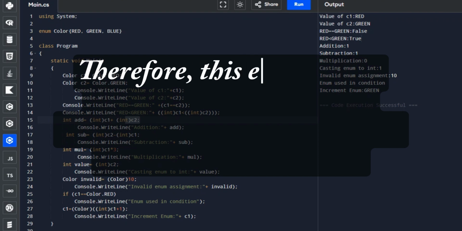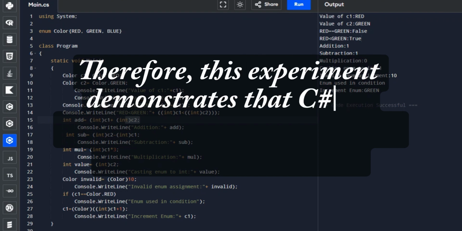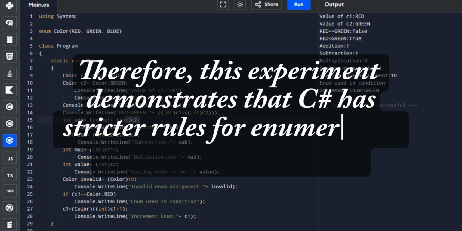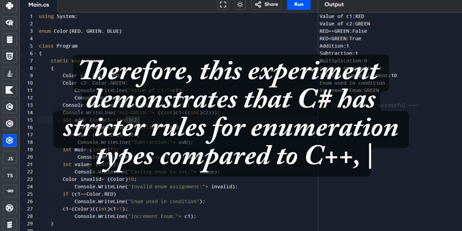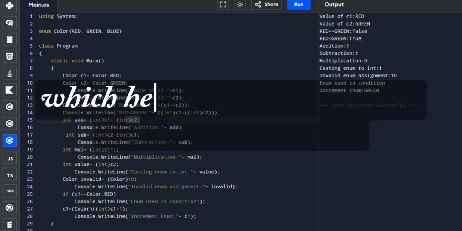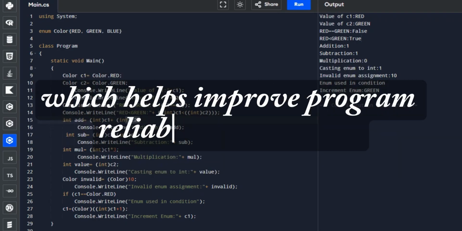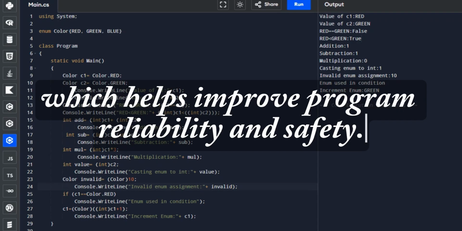Therefore, the experiment demonstrated that C sharp has stricter rules for enumeration types compared to C++. This helps improve program reliability and safety.